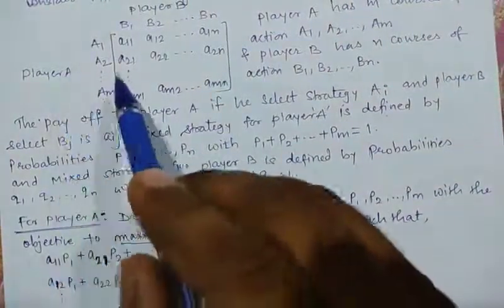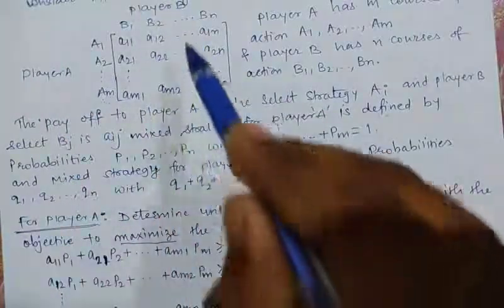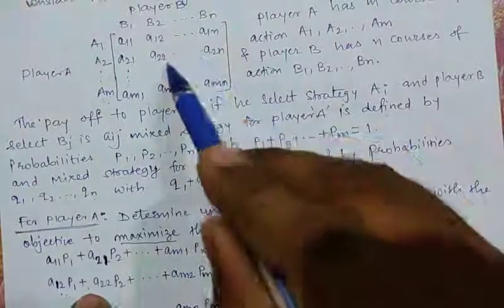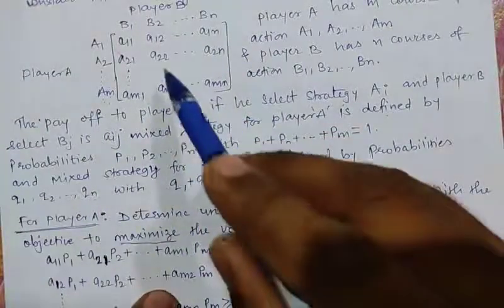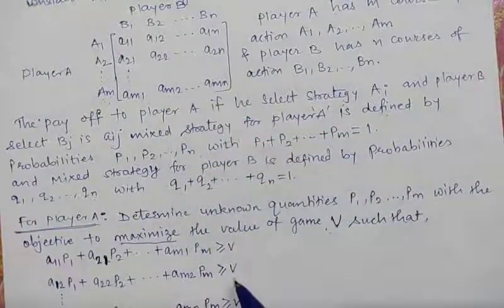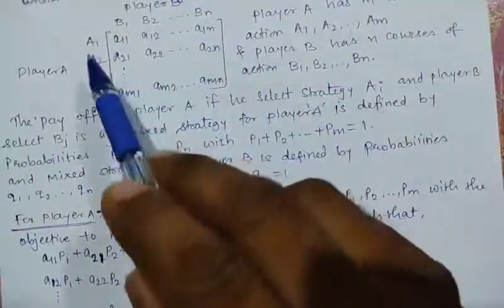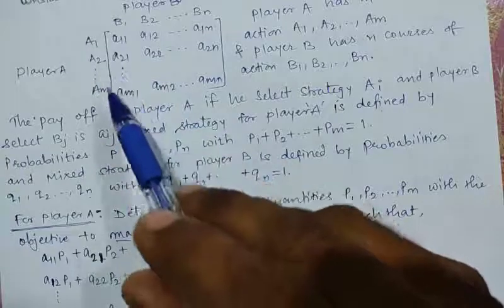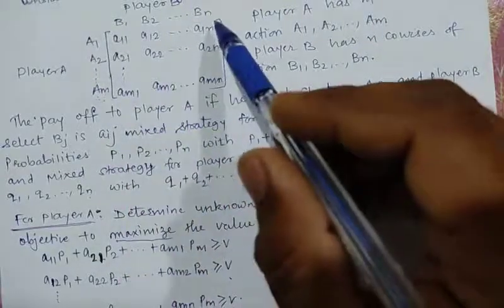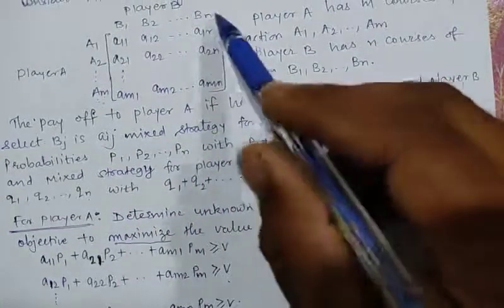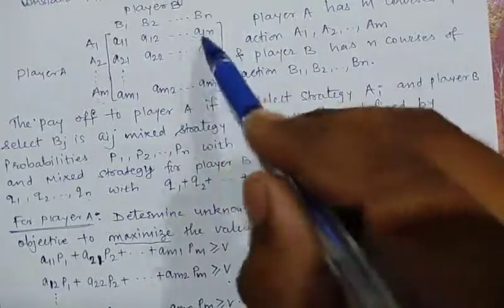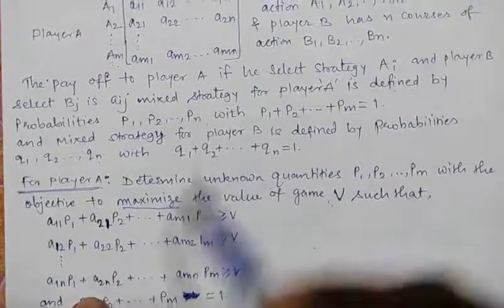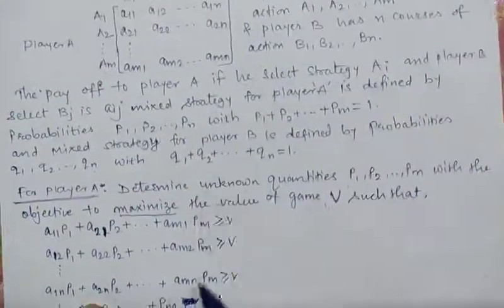Now player A's strategy when player B plays B2: in this case we get A12 P1 plus A22 P2 plus up to and so on AM2 PM greater than or equal to V. And finally, when player A plays strategies A1, A2 up to AM, in this case B plays Bn. So selecting the last column, we get A1n P1 plus A2n P2 plus up to and so on AMN PM greater